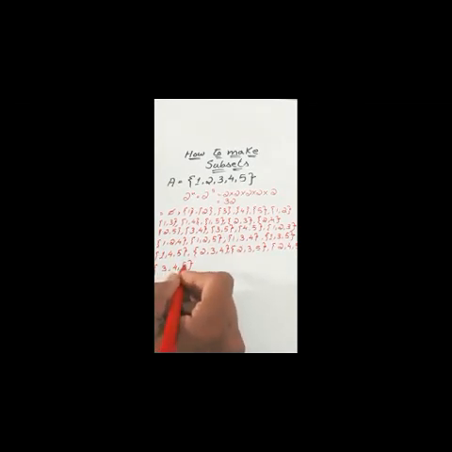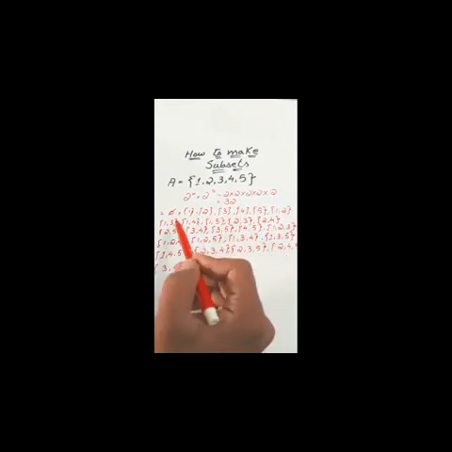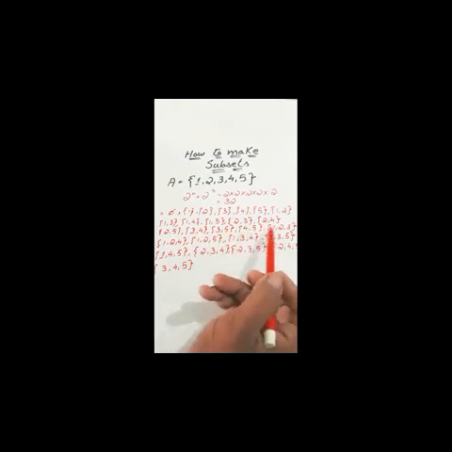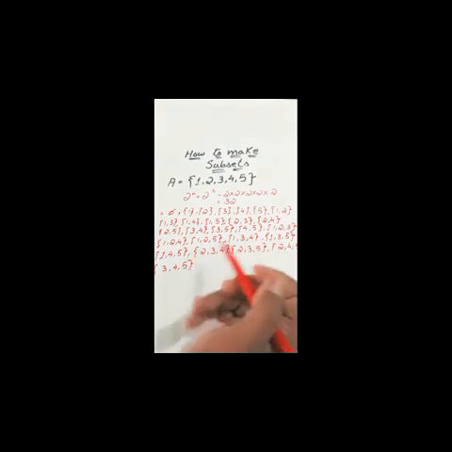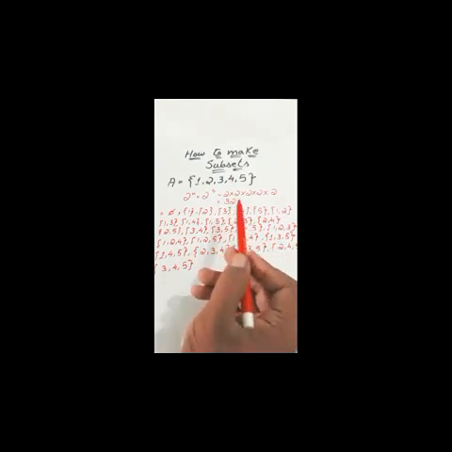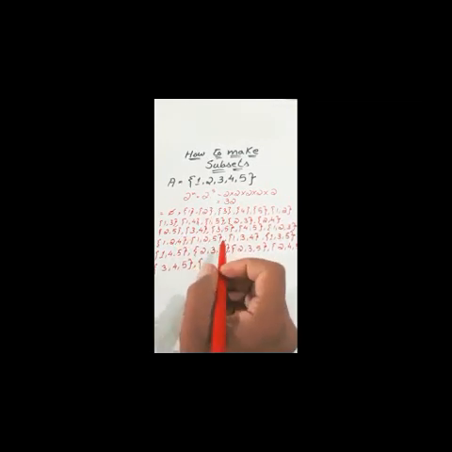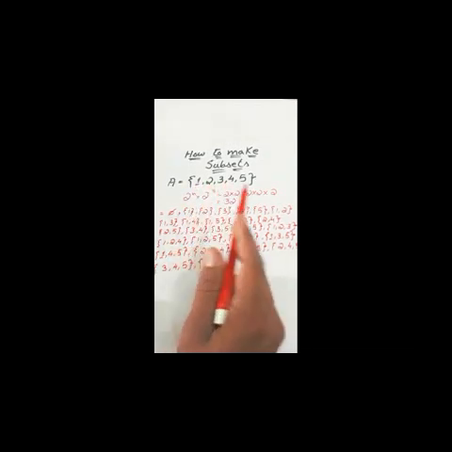Let's count the sets. 1, 2, 3, 4, 5, 6, 7, 8, 9, 10, 11, 12, 13, 14, 15, 16, 17, 18, 19, 20, 21, 22, 23, 24, 25 and 26. Still, how many sets are remaining? 6 sets. So let's move towards subsets with 4 elements. We'll show the relationship of 1, 2, 3 with 4 and 1, 2, 3 with 5.